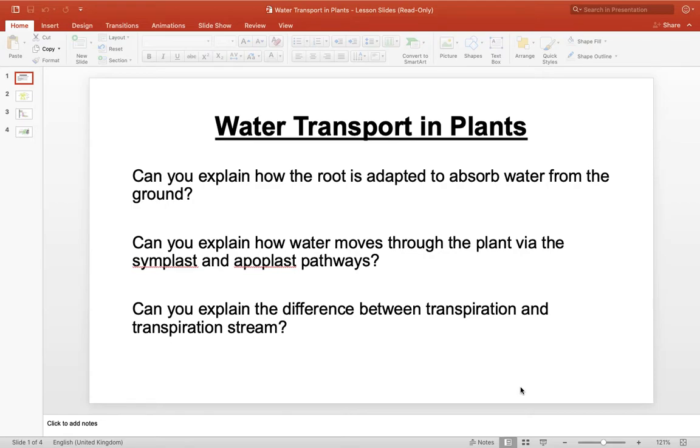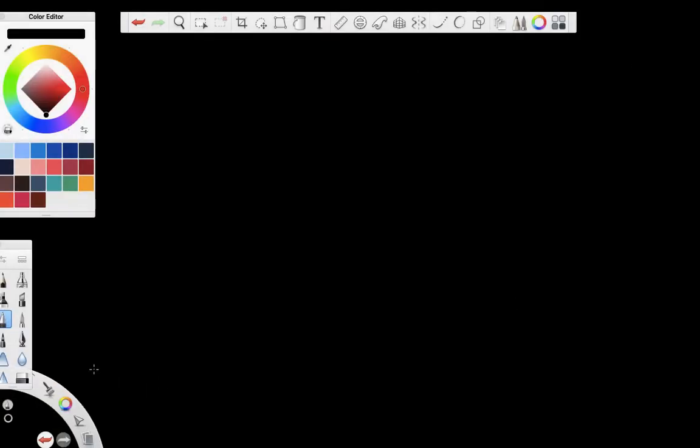previous lesson. So by the end of today's lesson you should be able to explain how the root is adapted to absorb water from the ground. You should be able to explain how water moves through the plant via the symplast and apoplast pathways, and you should be able to explain the difference between transpiration and the transpiration stream. Now before we get onto the difficult stuff, I want to just quickly go over two key words that we're